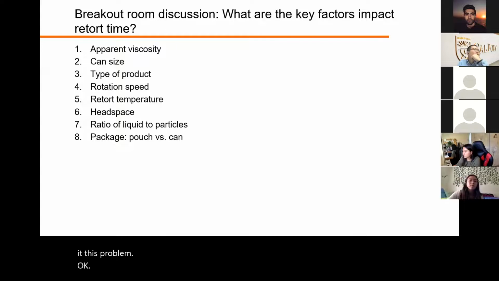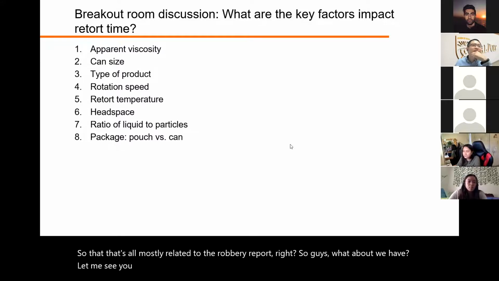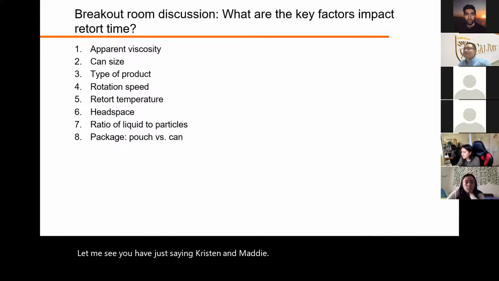So group 4, you guys talked about rotation speed. That's all mostly related to the rotary retort, right? So guys, what about it? We have Justin, Kristen, and Maddie. Yeah, so we talked about how faster rotation speeds will reduce processing time and will also help eliminate any cold spots